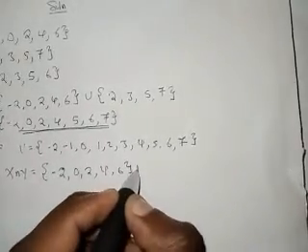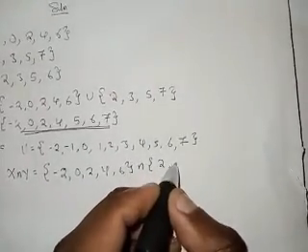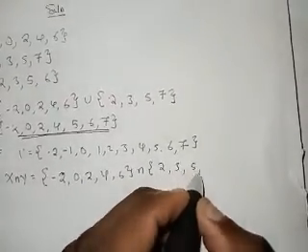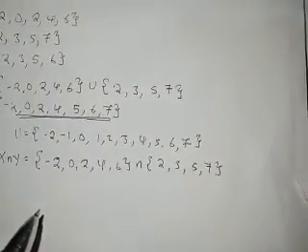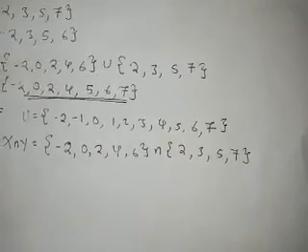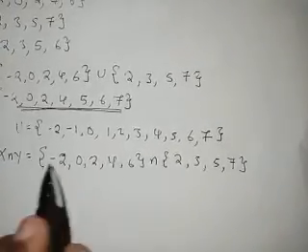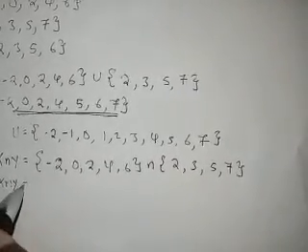Then you intersect it with y, which is 2, 3, 5, 7. So we have to find what is common between these two, and you'll find that x intersection y is equal